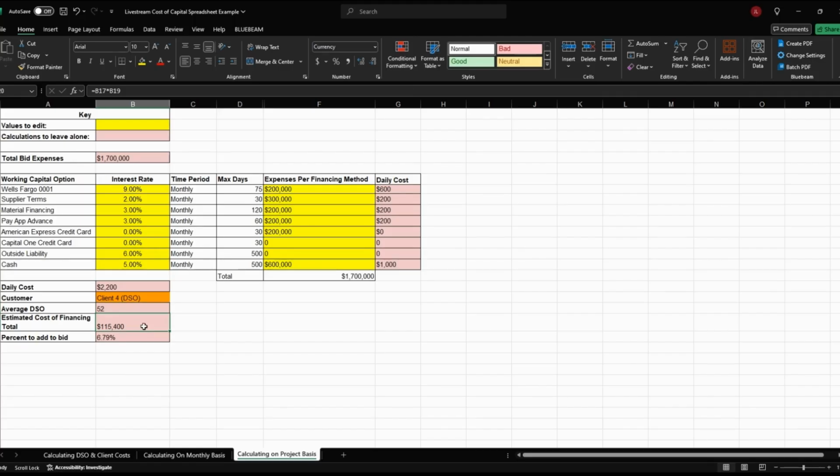Their average DSO is 52 days. So it's only 18 days more. It's only 3 weeks, not even. That doesn't seem like it's a really long time. But the daily cost, that's going to be the same, right? It's still going to cost us the same, the way it's allocated every day. But because it's taking them 52 days instead of 34 days to pay us, the cost of financing total goes from $75,625